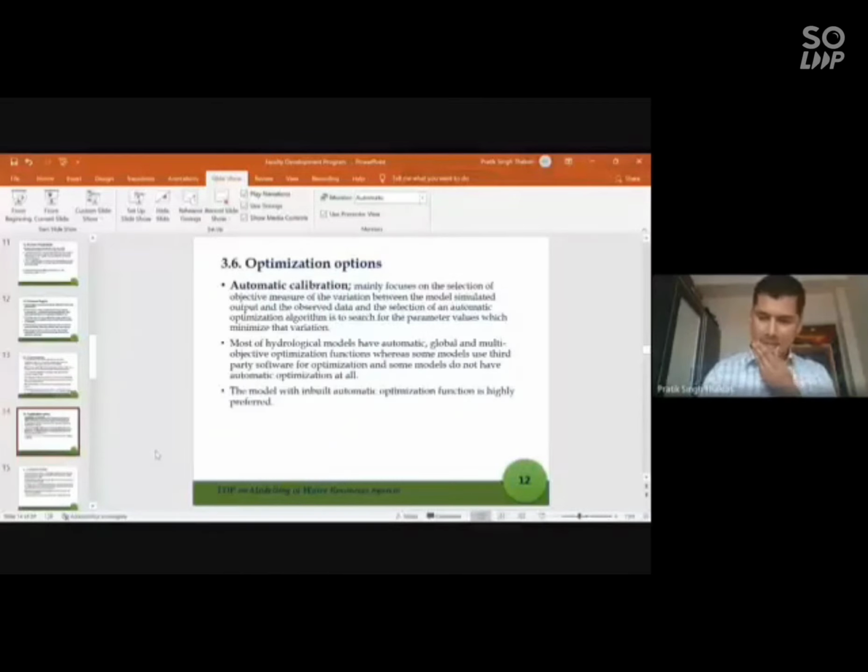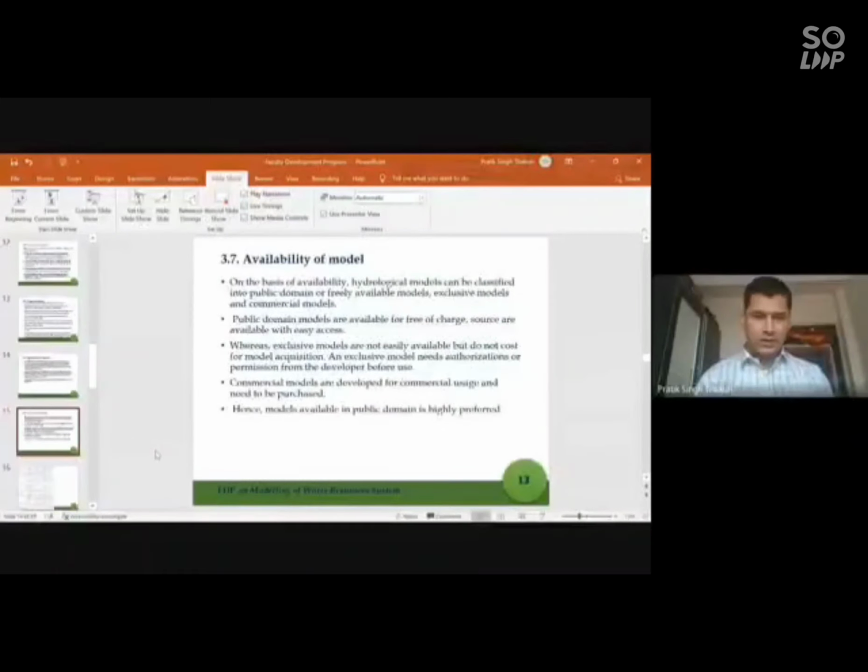I have been talking for a long time, so I would like to throw a question to the participants. Do you know about global optimization and local optimization, the difference between global optimization and local optimization? Anyone would like to answer this question? You can just write it here. Yes, I have just given a question. You can write the difference between global optimization and local optimization, and I'll move forward to another